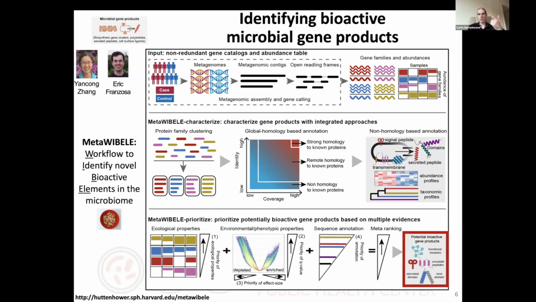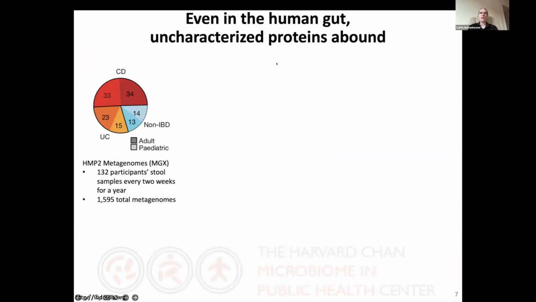Are they prevalent? Are they abundant? And then most important, phenotypic properties, statistics of whether they associate with your phenotype of interest. These properties are all combined to give an overall ranking of which protein families might be bioactive in your phenotype of interest. One of the reasons this is so important is that even in the well-studied human gut,